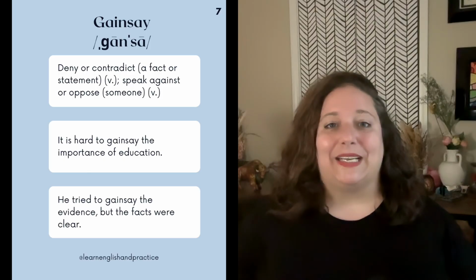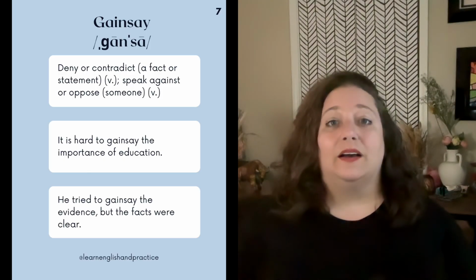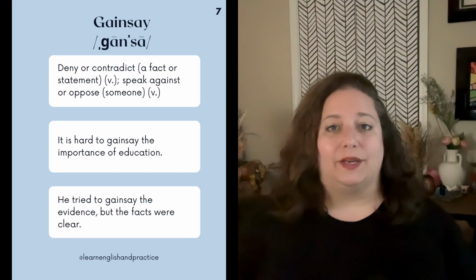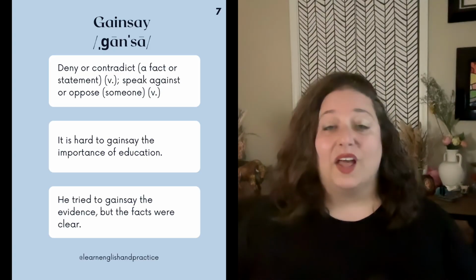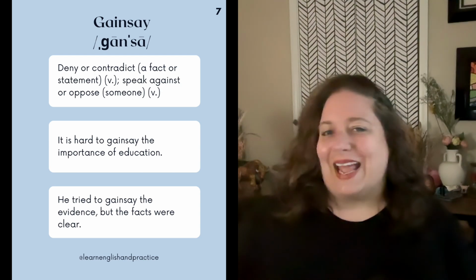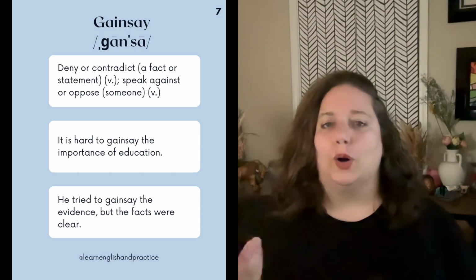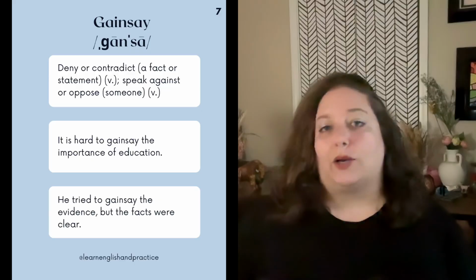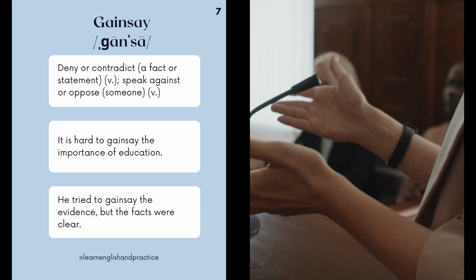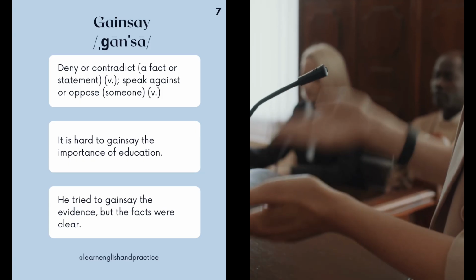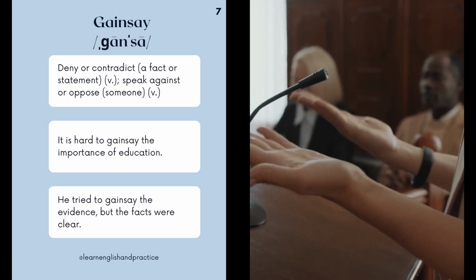Gainsay. This means deny or contradict a fact or statement as a verb, speak against or oppose someone as a verb. So to gainsay is to oppose in a fairly direct way. A lawyer might gainsay a witness, for example, in order to contradict their testimony and to try to prove an